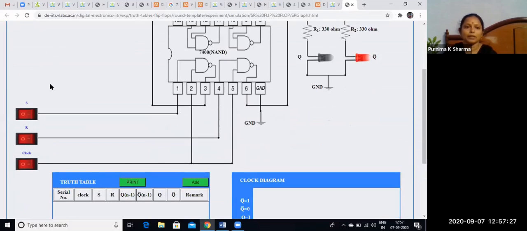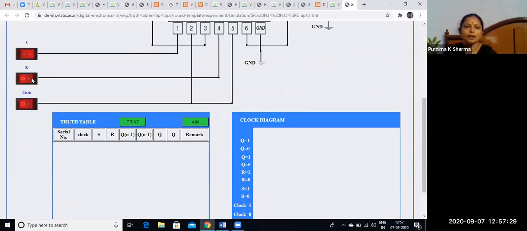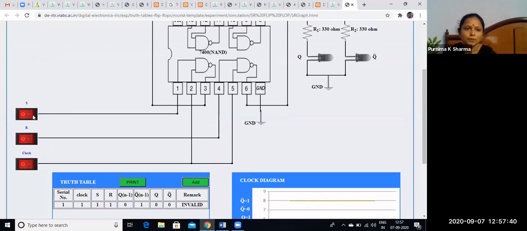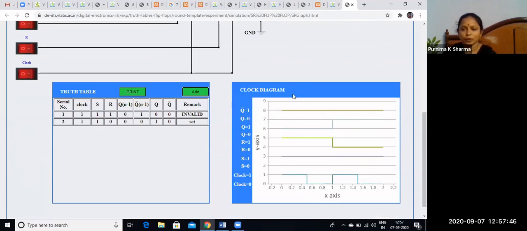Just switch on the power and give S and R and the clock pulse. You can see if S and R are 1, then we'll get a forbidden state in the SR flip-flop. So either of them 1, 0. Now I am giving the clock pulse. We can observe the clock diagram also.